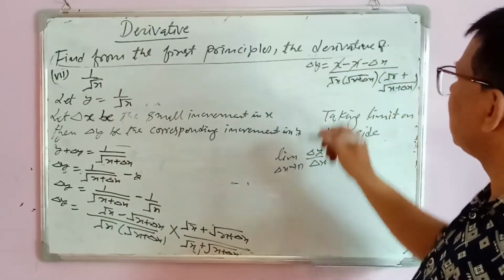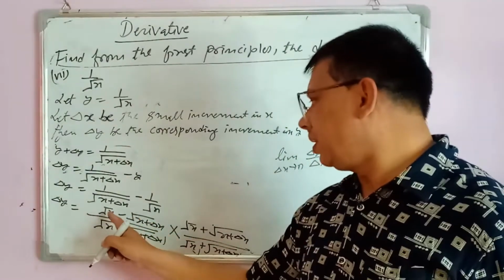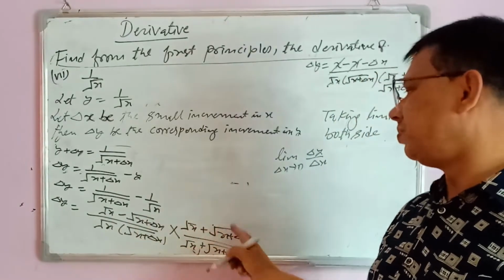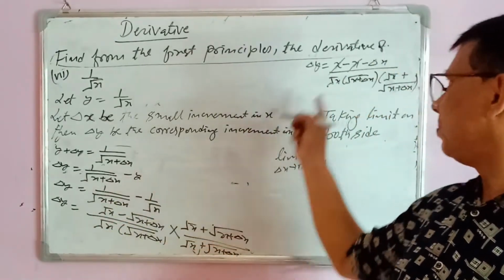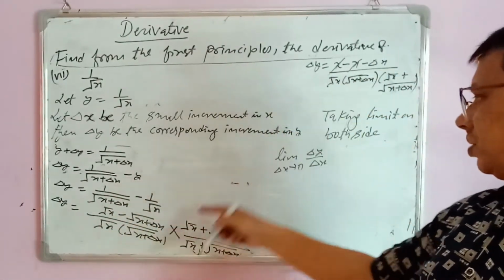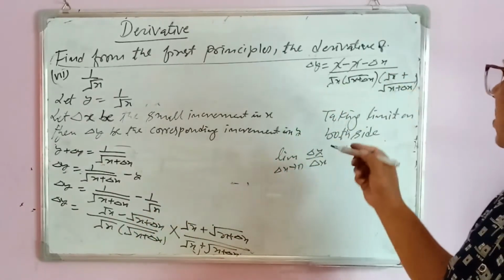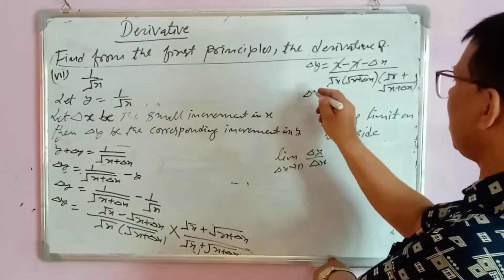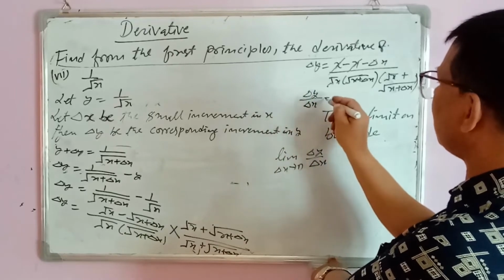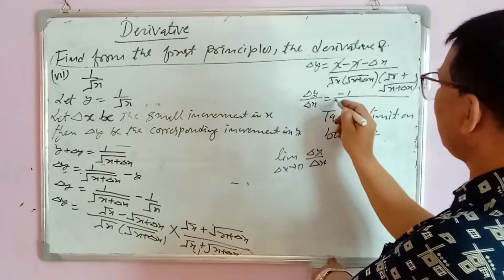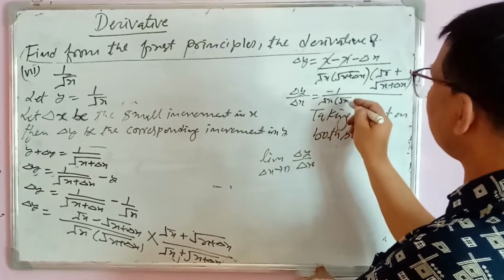x and x cancelled. Means (a minus b)(a plus b), a square minus b square. Root x square means x. This root square is removed and minus multiplied inside, that is minus. Or delta y by delta x equal to minus 1 by root x plus delta x,